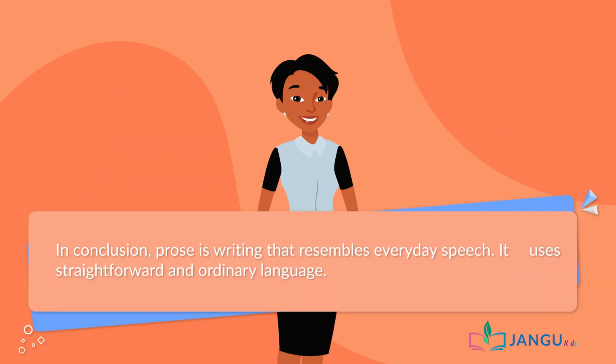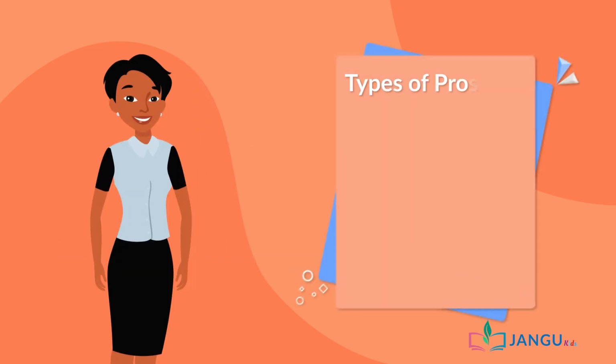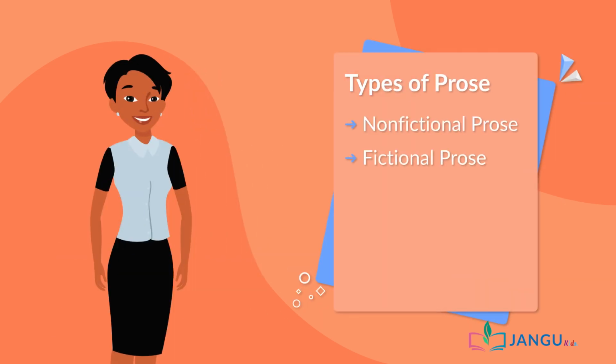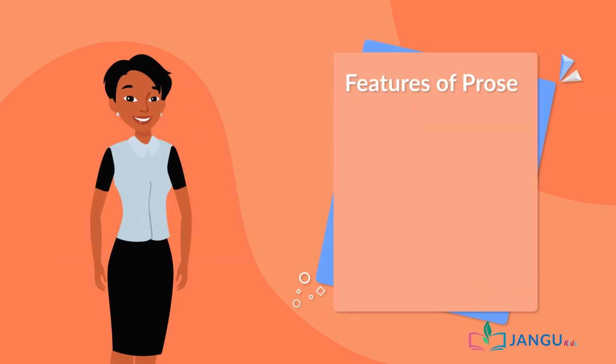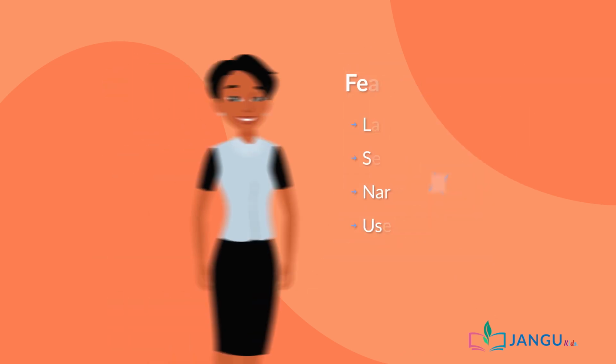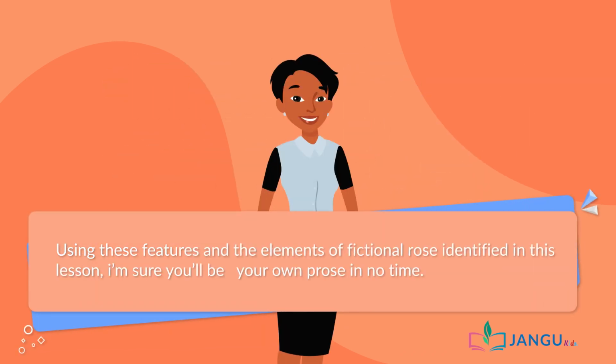In conclusion, prose is writing that resembles everyday speech. It uses straightforward and ordinary language. The two types of prose are fictional and non-fictional, and some features of prose are language, sequence, narrative techniques, and use of character. Using these features and the elements of fictional prose identified in this lesson, I'm sure you'll be writing your own